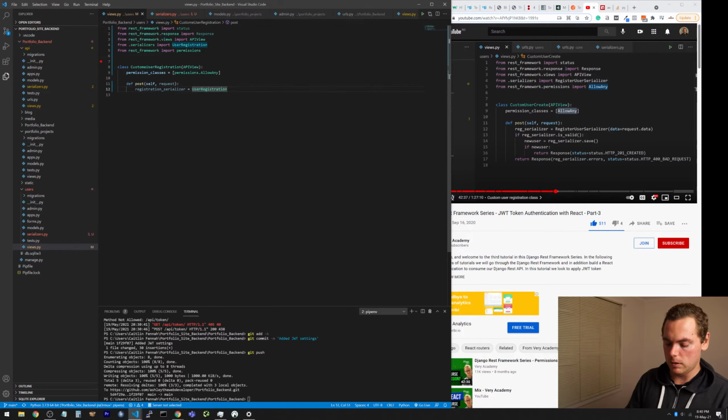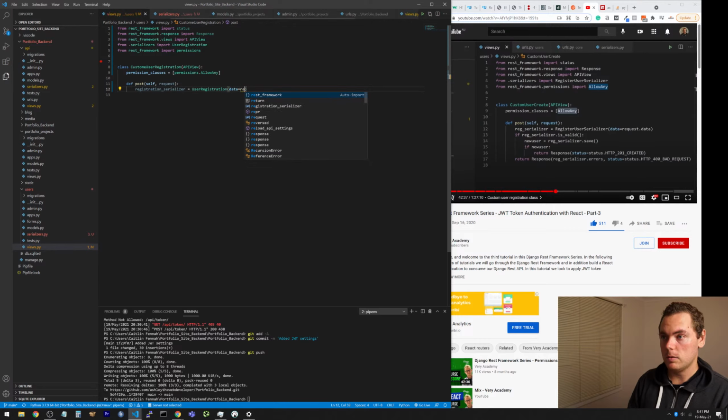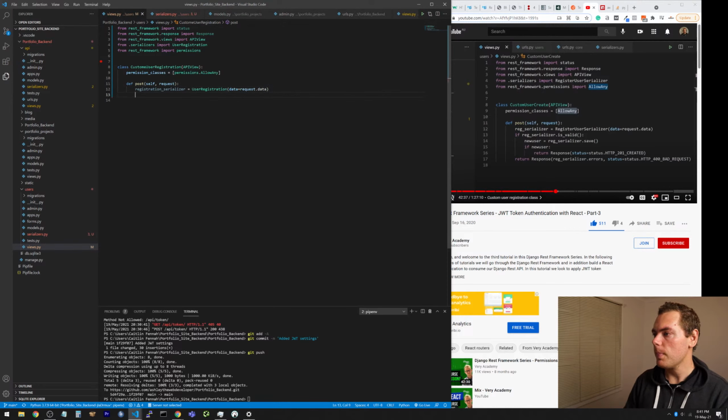And we'll pass in, what are we passing in? We're passing in the request. Data equals request dot data. Cool. So if registration serializer is valid,